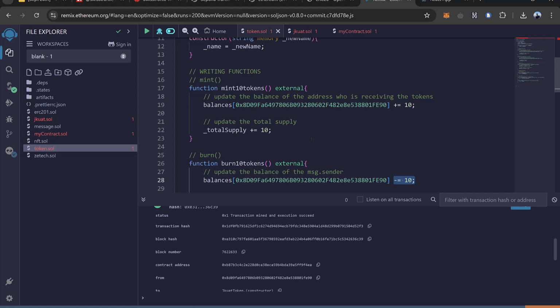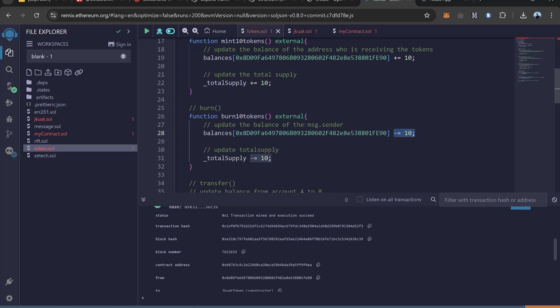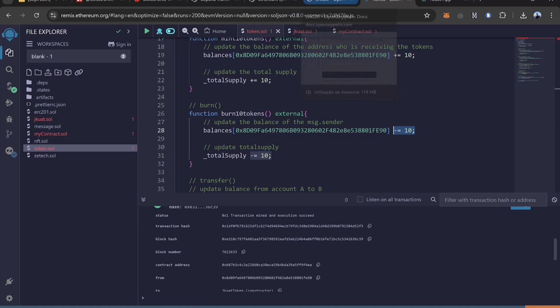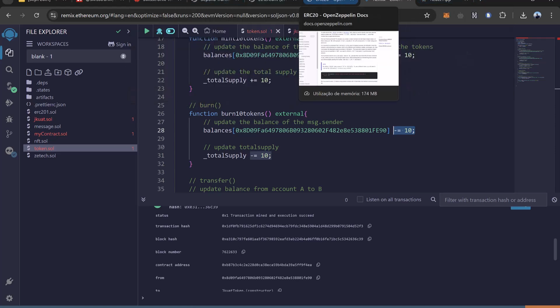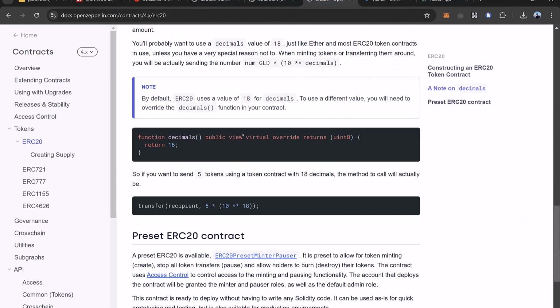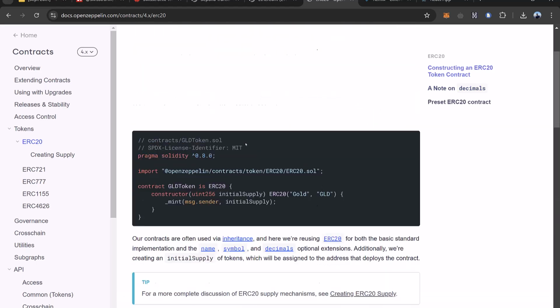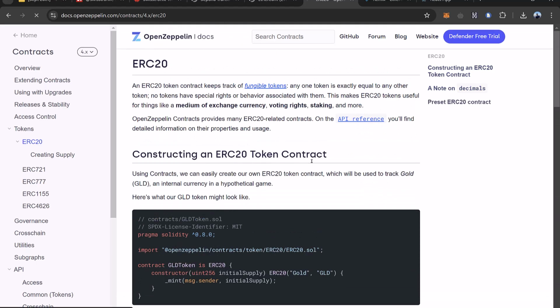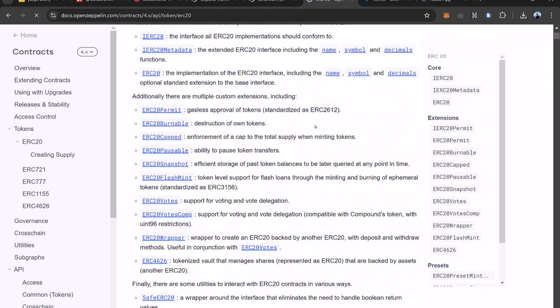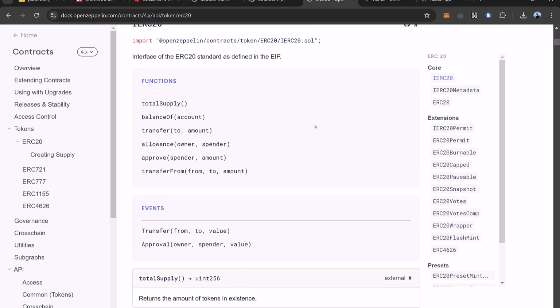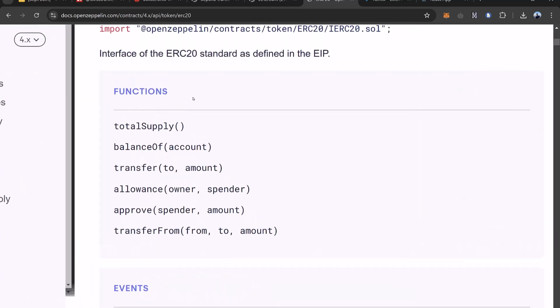So the ERC20 token is just a standard of all the tokens that you see in the Ethereum network, and they will always have specific functions. Let me come here, ERC20, I think here. Let's see. Yeah, so the ERC20 always will have a total supply,